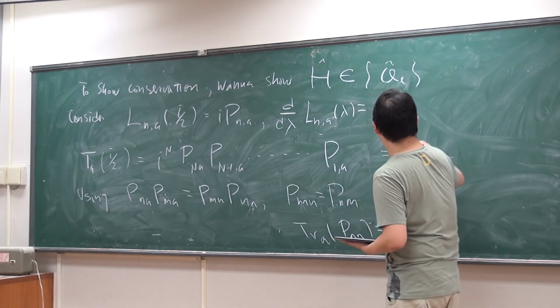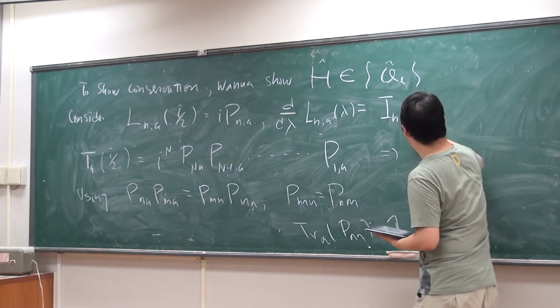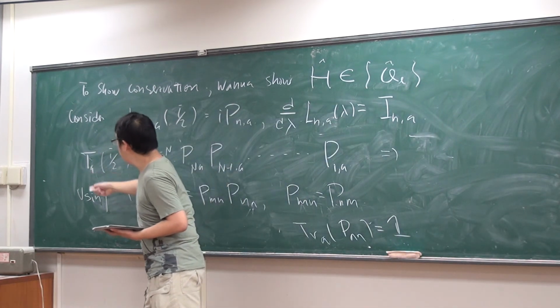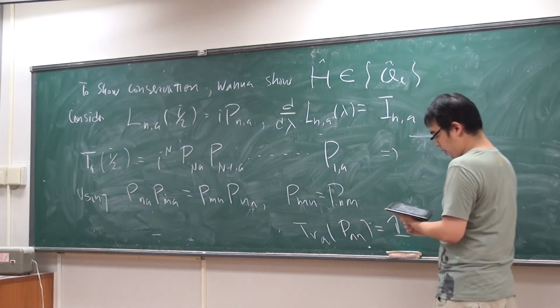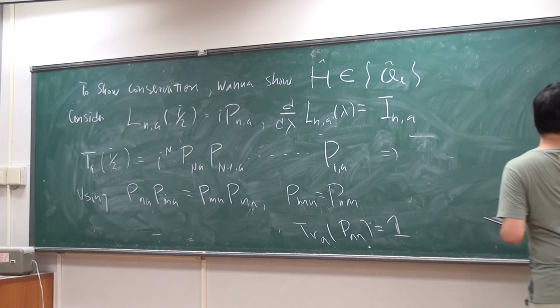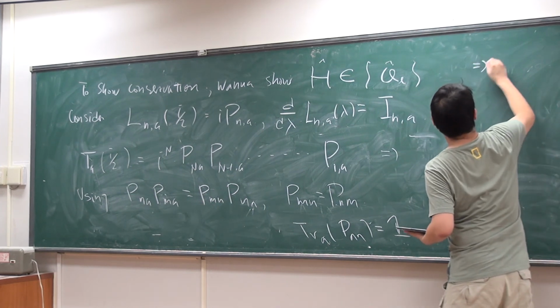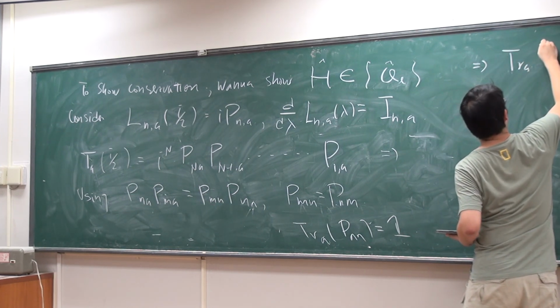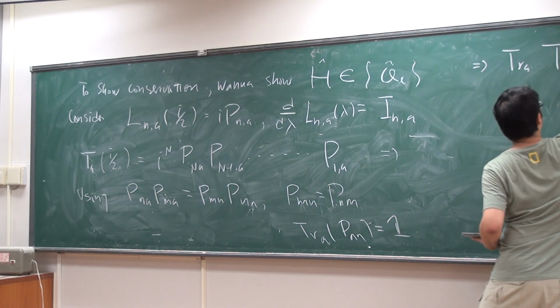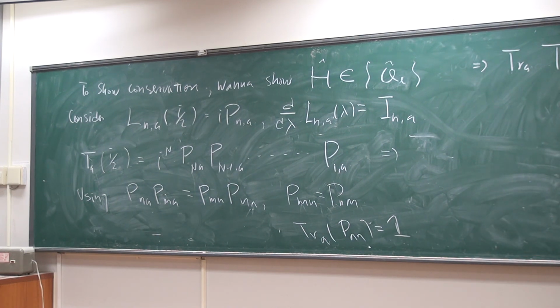We can show that if you trace over A here and do the permutation, so trace over A of P_{A}(i/2), which is what we call F(i/2),